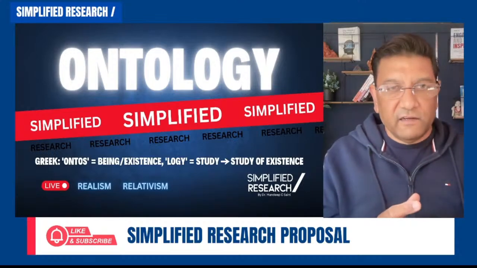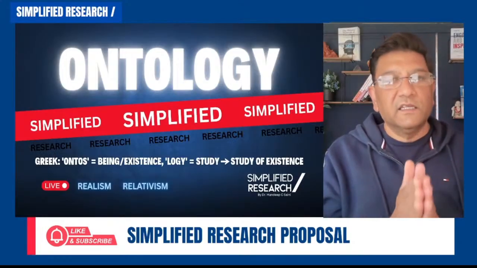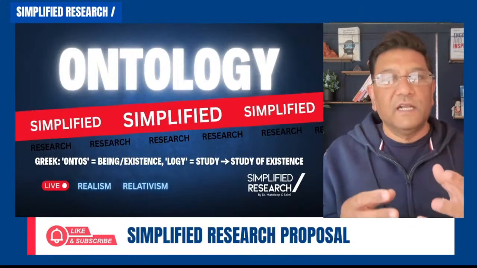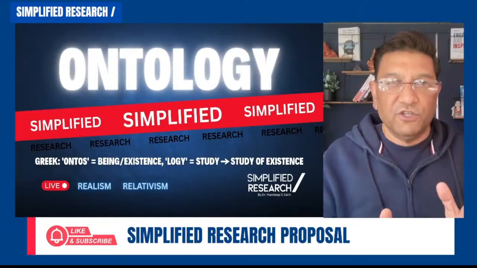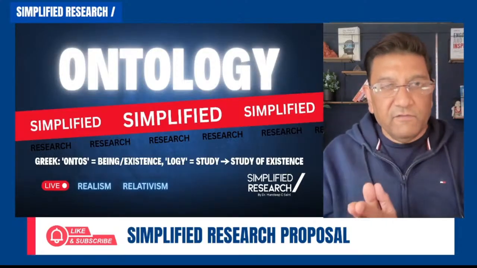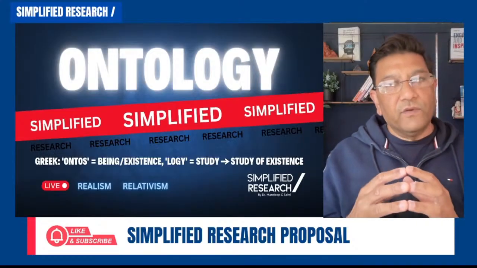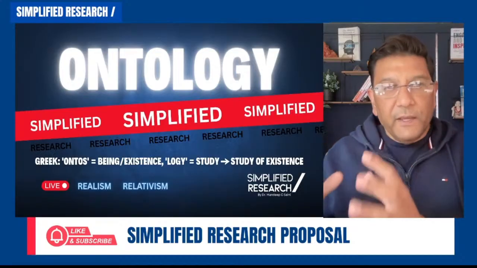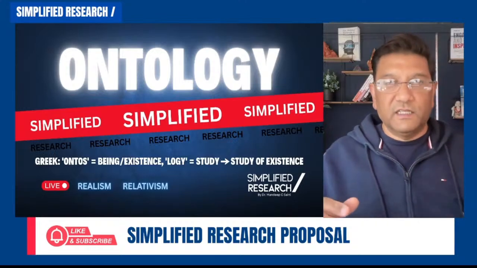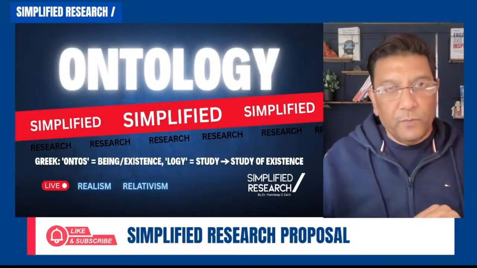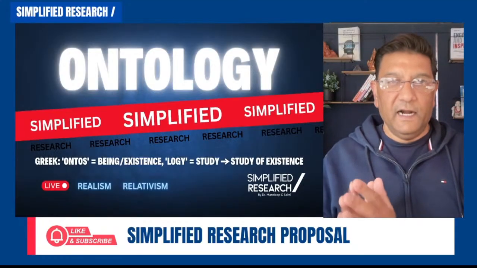So objectivism and materialism is the branch, or is sometimes used as synonyms of realism, that there is only one reality and we cannot change it. Whereas in relativism, we are talking about people, we are talking about subjects, and what it says is that when we talk to people, when we talk to subjects, which is not objects, which are on one side, which is realism, when we talk to people, they can come up, they can form a